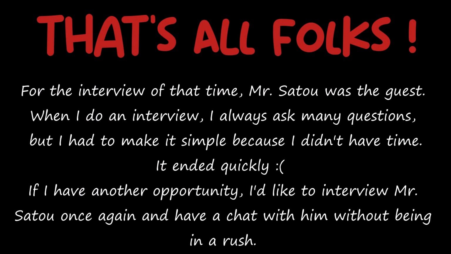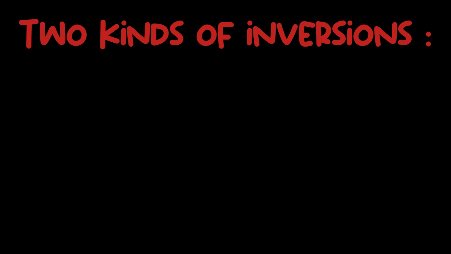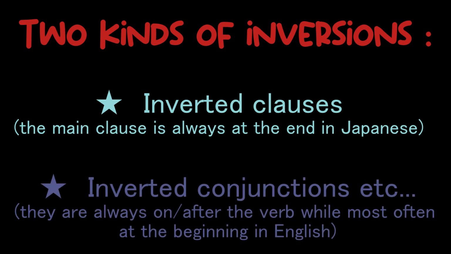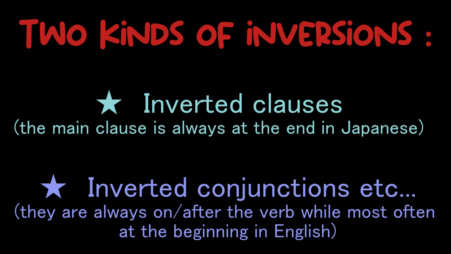And so that's it. Remember that it's very important that you don't rush. You have to force yourself to be thorough. This way you will avoid big mistranslations, and this is what will get your brain used to the syntax. So for the moment, you just have to get used to the two kinds of inversions you'll find in Japanese: when you have to invert the clauses when needed, and when you have to place the introducing word of a clause at the beginning, when in Japanese, it's almost always on the verb or after the verb. If you get used to this, then you'll unlock the next level.